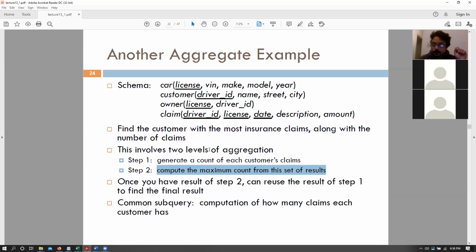So these are two separate queries, because finding the customer with the most insurance claims first requires that I count, which is one aggregate operation, then it requires that I find the maximum of those counts, right? Until I find the counts, I cannot do a maximum. So remember that in your SQL query, we can only do one level of aggregation.